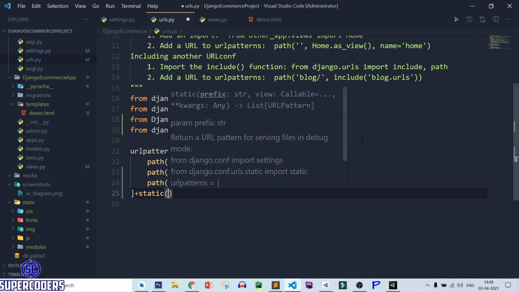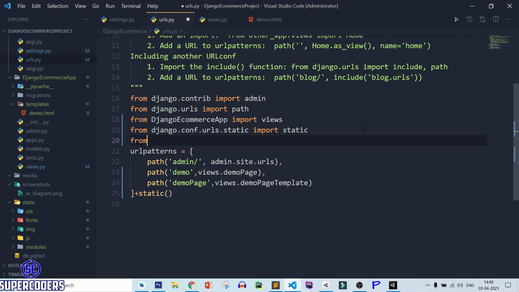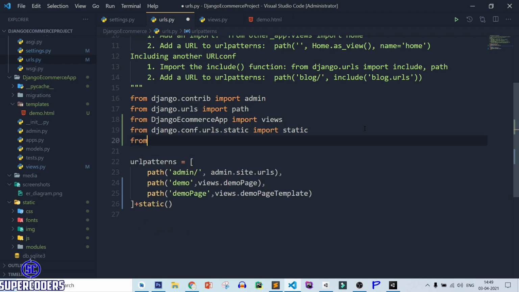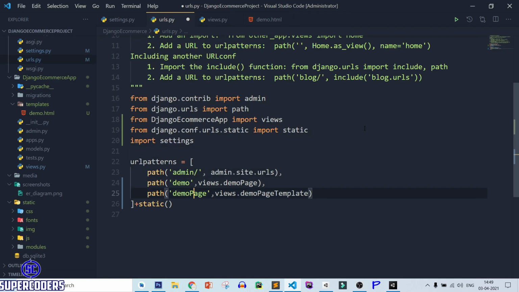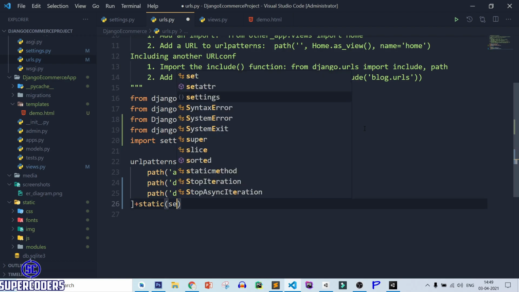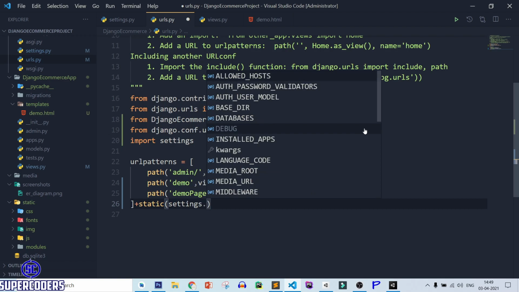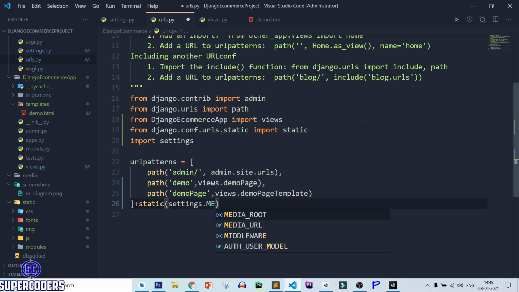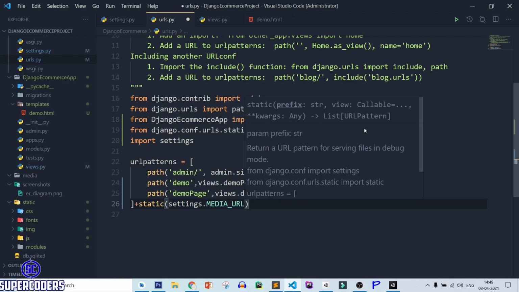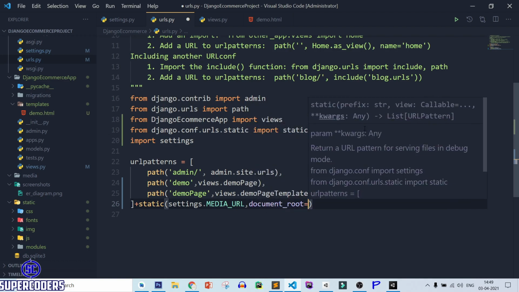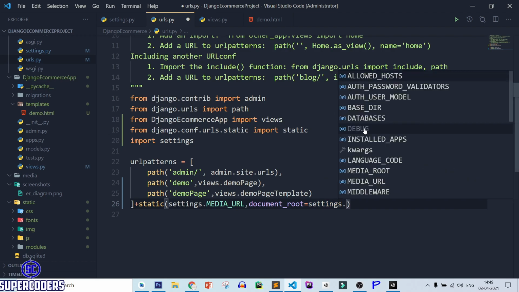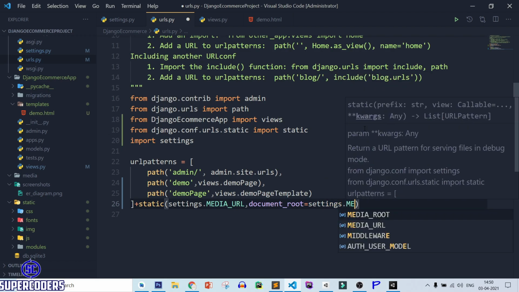So let's import settings. Then settings.MEDIA_URL first, and after that you need to pass document_root, so comma, document_root equal to settings.MEDIA_ROOT.